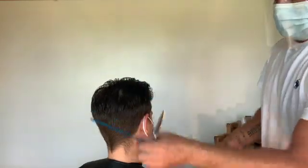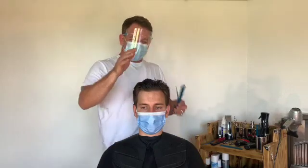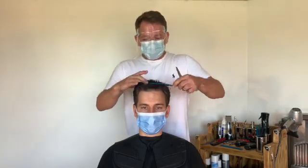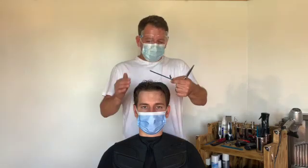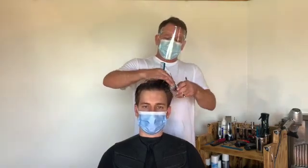So, right, let's go back, because we're coming off track a little bit. So, what I've done so far, I've taken my central guideline, I've combed the hair, I've cut my guideline like this, longer at the front, shorter at the back. We've then combed our guide across. We've then taken sections here, here, here, here, all the way back and around. We've lifted up and we've taken off any little excess length or corners that are there. As I say, there's a little tiny bit of